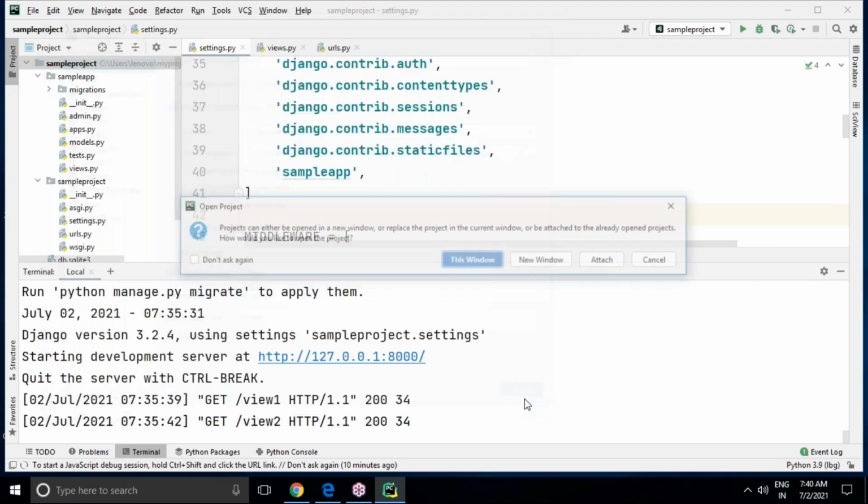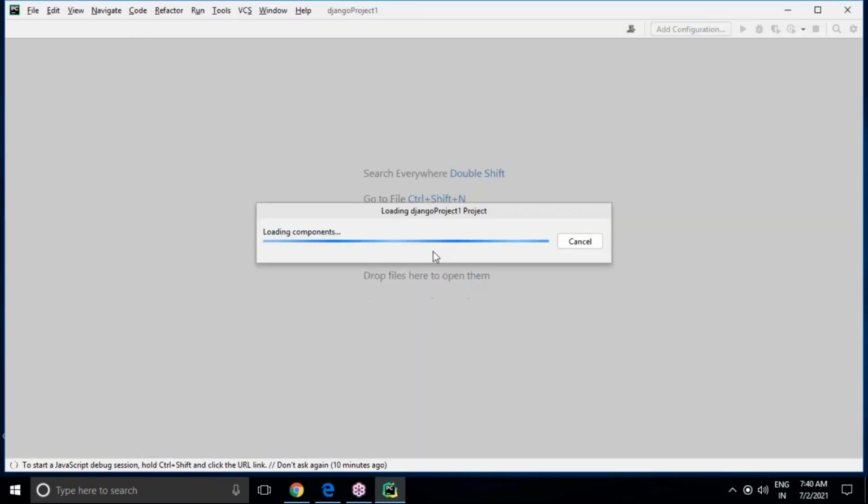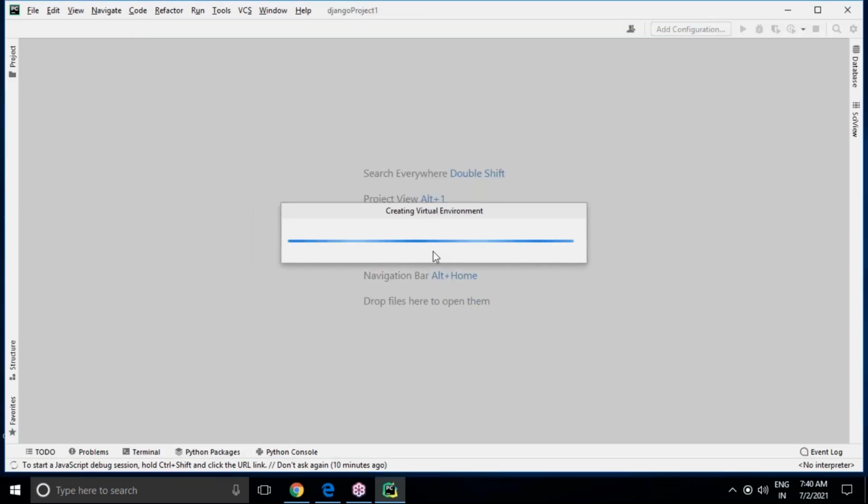Once we click on create in this window, it automatically creates your Django project with the application. If we create the project name with an application name like this, that application is automatically added to the settings.py file.